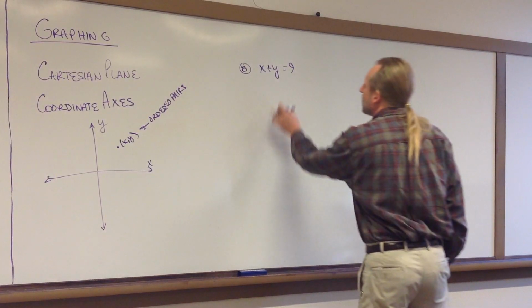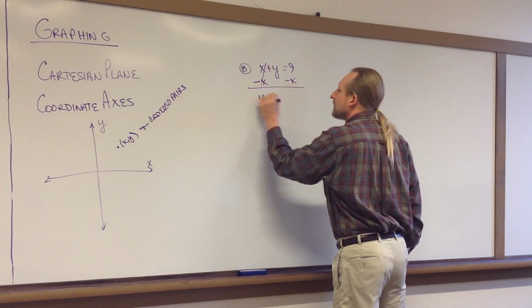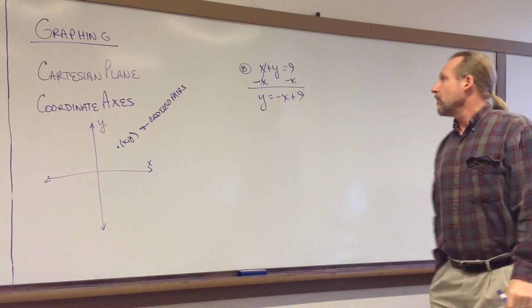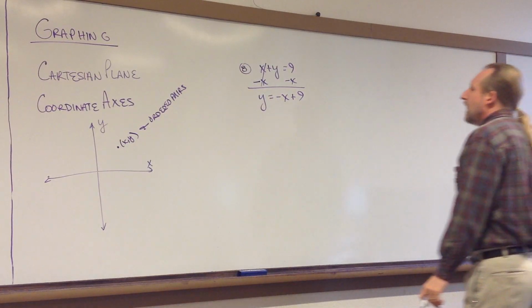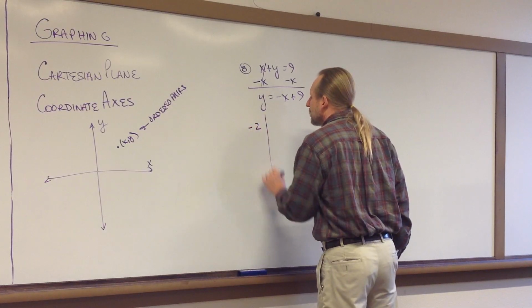All right, so first we want to get the y by itself. So let's move the x to the other side. And so there's our formula: y equals negative x plus 9. We just need 3 points. Let's say negative 2,